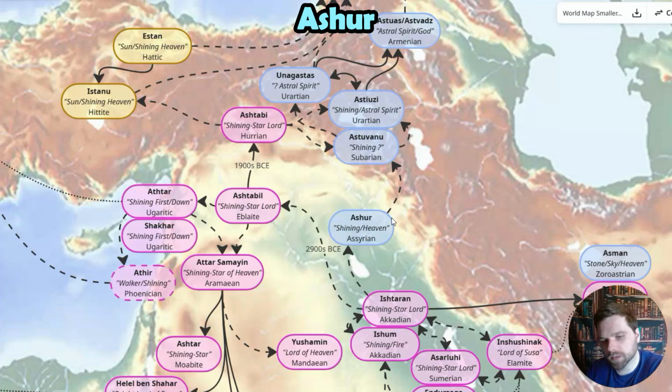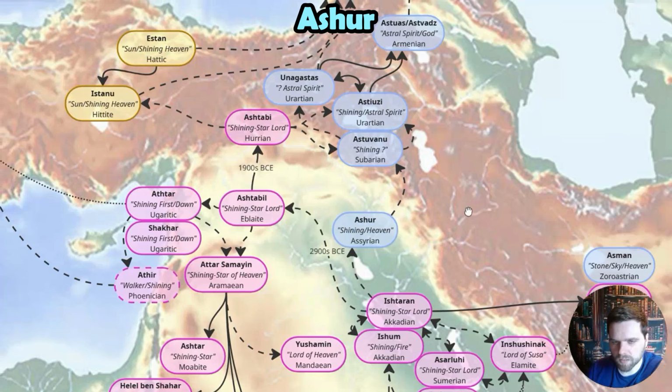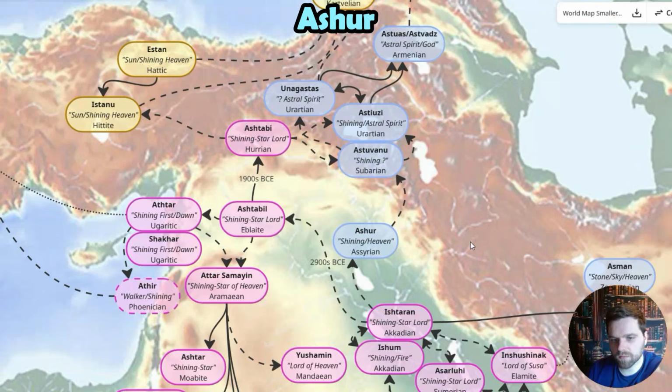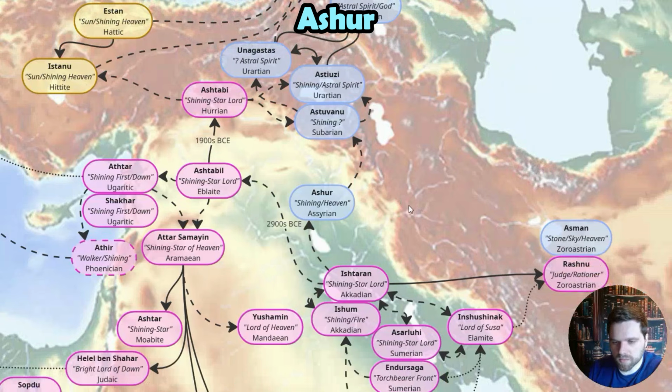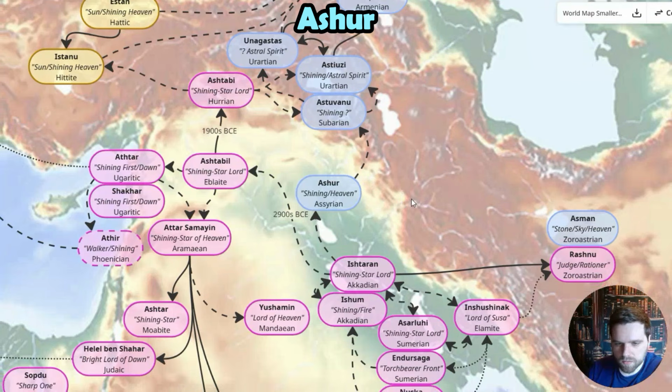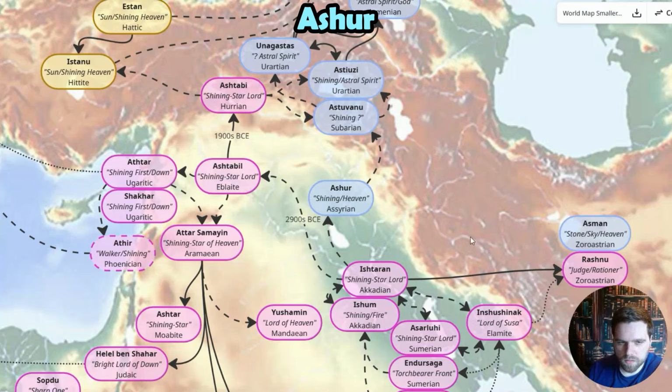I colored Ashur blue, my representation of a sky god archetype, and I would consider that archetype slightly separate from this dawn god archetype that we're building in pink, because I think he mostly sits on the side of being more of an Anu type sky god figure, even though there is a potential overlap with Ishtaran and this shining